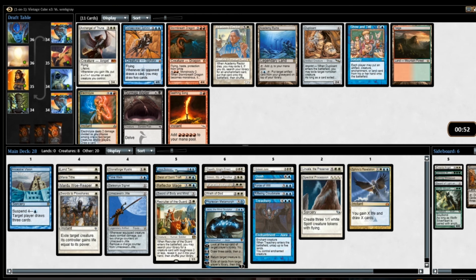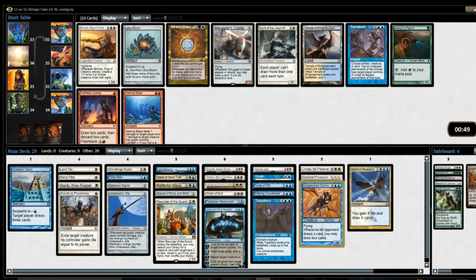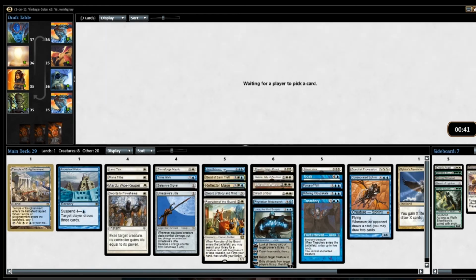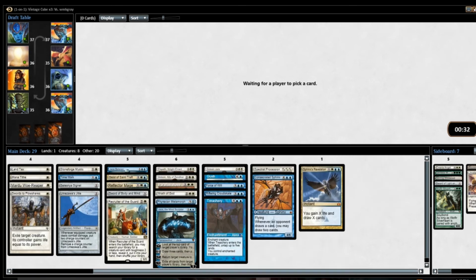Oh man, this is just crazy. Got to take Consecrated Sphinx, which really means Linvala's gone. Oop, there we go. Got to take the fixing. Doesn't matter what's here. Got to take the fixing. So many good cards here. I mean, it's cube. That's how it goes, but